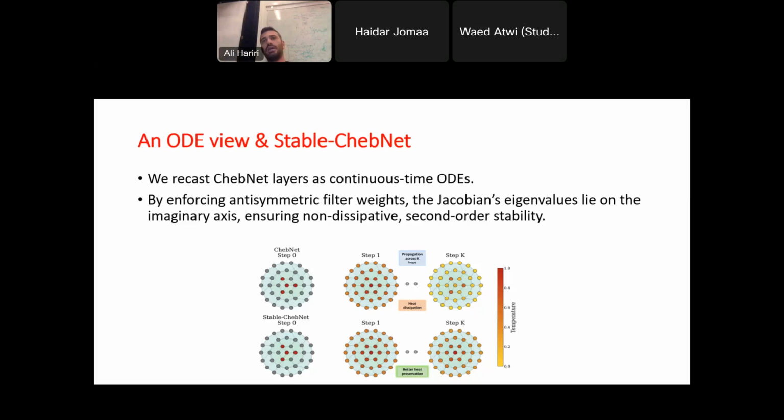In this case, the barbell task is basically you have two different clusters of nodes, and there is a thin bridge in between. The goal is to transfer information from one cluster to the other without losing the information. So even ChEPNet, with all its greatness, at some point was losing the information when the number of nodes was 50 per cluster. So I have 50 in cluster A, 50 in cluster B, and thin bridges in between. ChEPNet at some point failed. Stable ChEPNet is the only one that survived because we put on it this condition of anti-symmetry of weight preservation that resulted in this perfect alignment of the eigenvalue distribution.